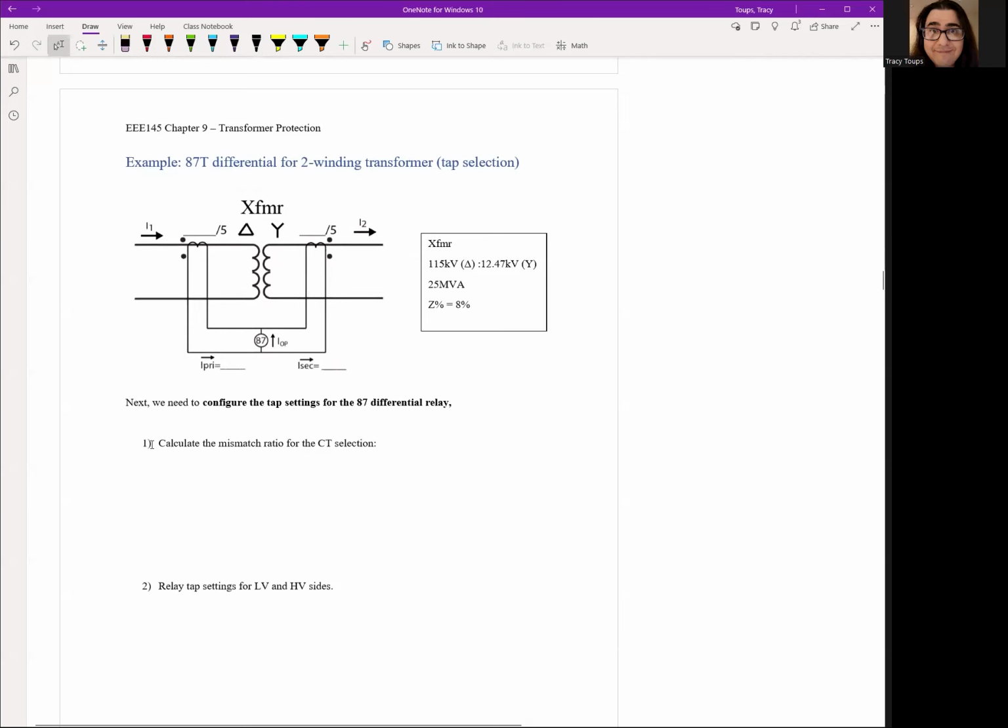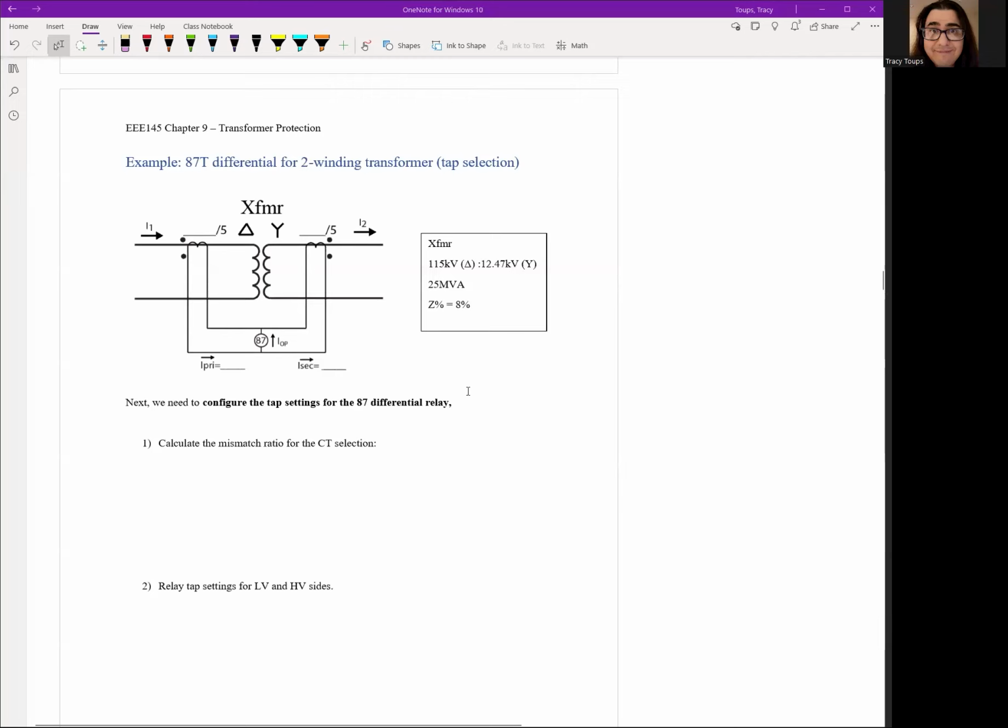And then we're going to have to figure out our mismatch for these CTs. So here, you need to figure out what's your mismatch ratio. You have your primary current, your secondary current. You're going to have to figure those two out. Once you figure out your primary and secondary current, then you can figure out your CT mismatch. Okay. And then lastly, once you see your mismatch, figure out your relay tap settings for your low voltage and high voltage side to program in the relay to fix the mismatch. So you have a near perfect current going into the differential relay, and it won't trip off of